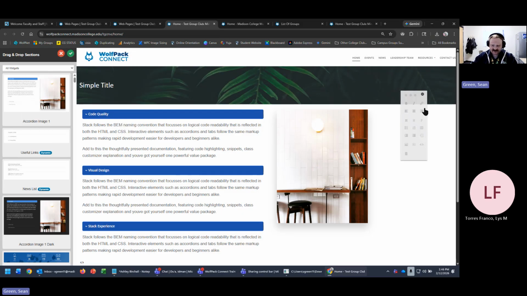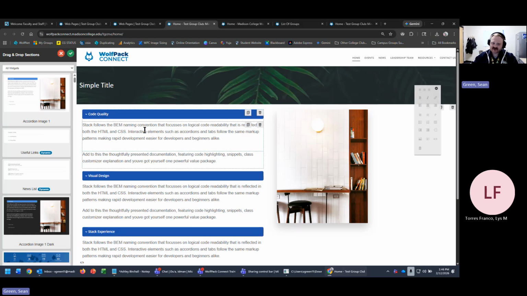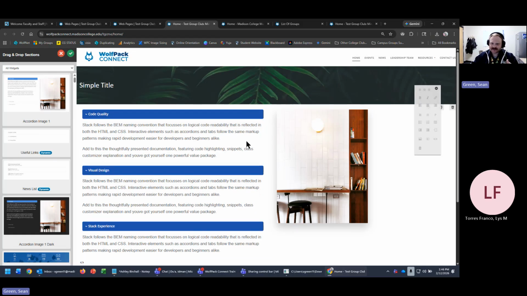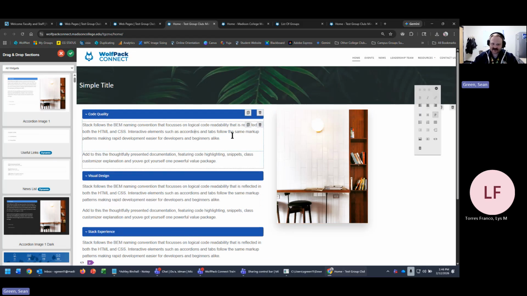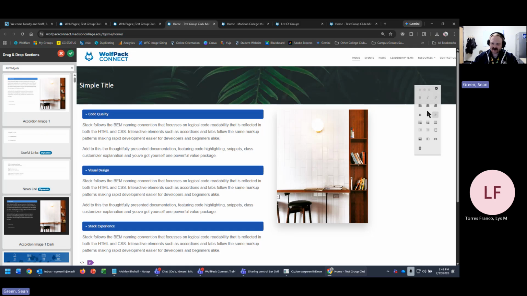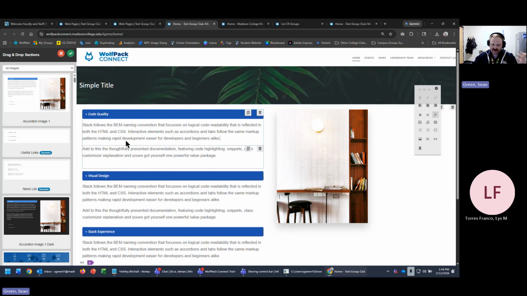You're also going to have this, I should mention this quickly, this little free floating tool window, however you want to put it. It's grayed out right now because we don't have any actual widgets selected. But once we select a widget, it's going to give us options. So as soon as I clicked in here, it allowed us to start adding and modifying what is in this